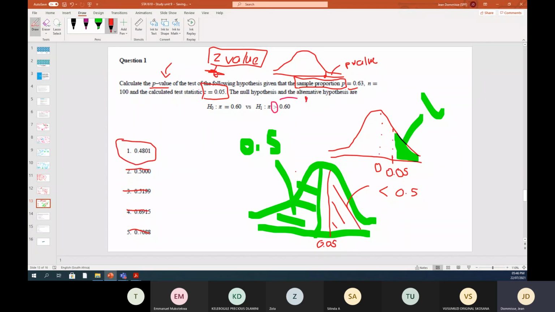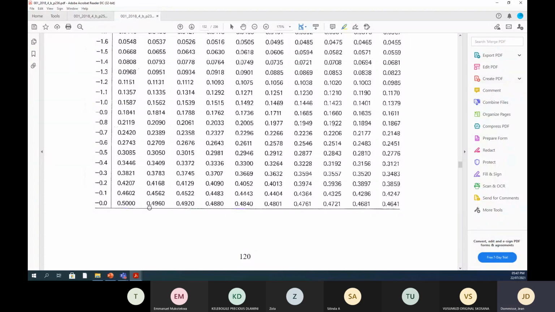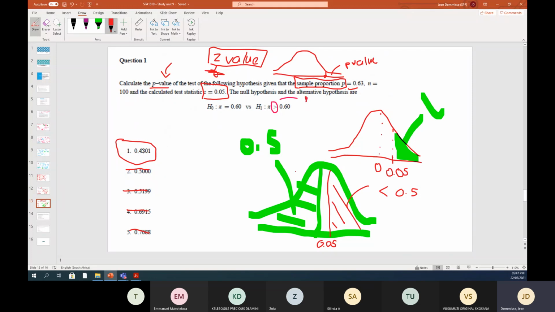But let's look at the Z table. So again, I want to get that area. So instead of working out that total area with a positive table, then say 1 minus that area, I'll go straight to your negative table. Your negative table, then I will look at minus 0.05. So it's 0.4801. Let's just see, it's 0, 1, 2, 3, 4, 5. So 0.4801. Okay, so again, using the table like we did in study unit 7,